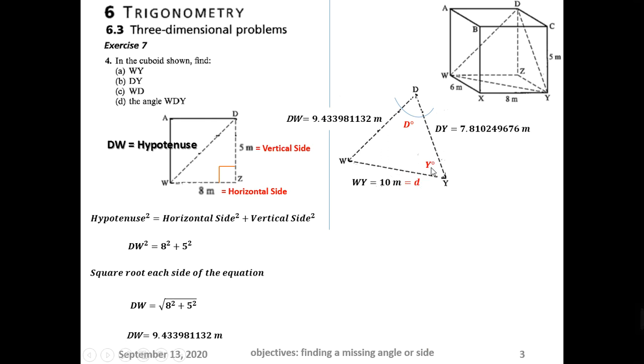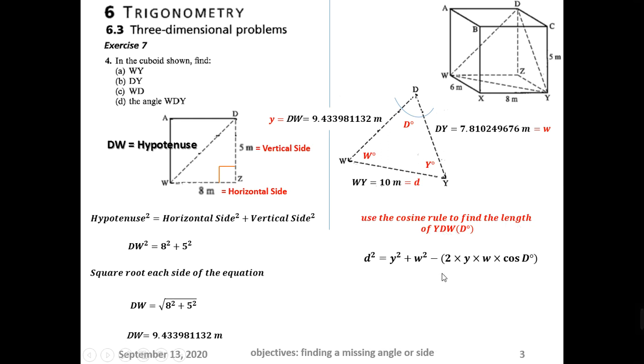And if I name this as Y capital, angle Y capital, the opposite side is the 9.4. And if I name this one as W capital, the opposite side is the 7.81. Now, use the cosine rule to find, not the length, but the size of angle